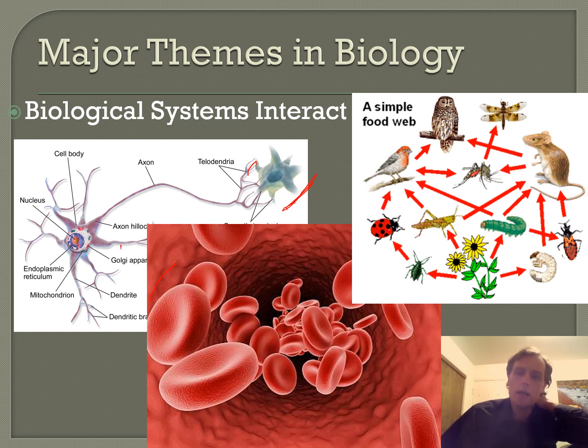Goes also to the level of ecosystems or food webs. Here we have a plant, against its will, interacting with an insect that is eating the plant, and then another insect, this ladybug, is interacting with this bug by eating it, and then the bird eats that bug. So whole communities of living things, a lot of different species living together, interact with each other. This is a topic for a later course in the 200 level series, as is red blood cells, as is this one about nerves, but those are the examples that they look at a little bit.